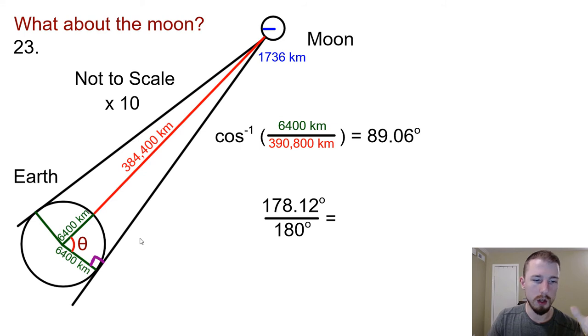Now, if I wanted to know what percent of the measurement of the arc, so 180 degrees would be the full amount of half the Earth that I could see. So if I double this, because it's going to be on both sides, and then divide it by 180, that will give me the percent of half of the Earth that I can see from the moon, which would be 98.96% of half of the Earth. So by the time we get all the way to the moon, we can almost see almost all of half,